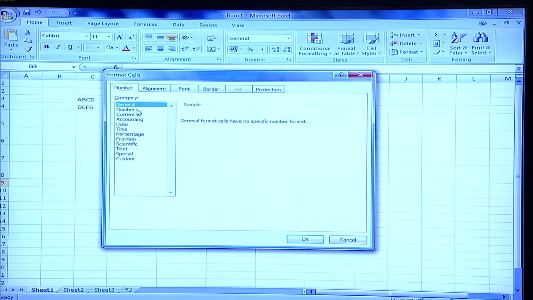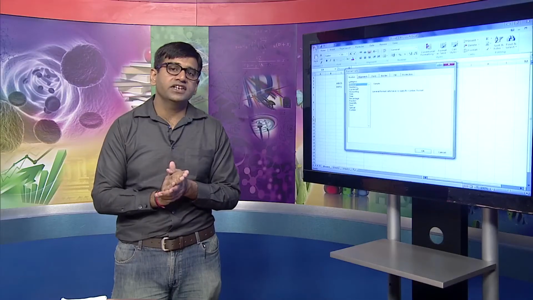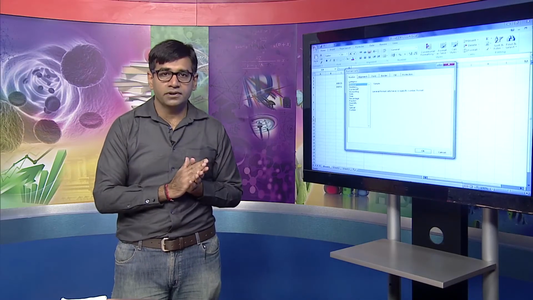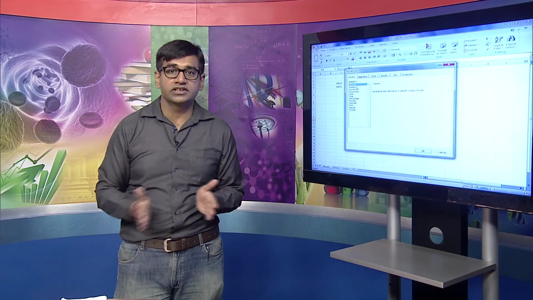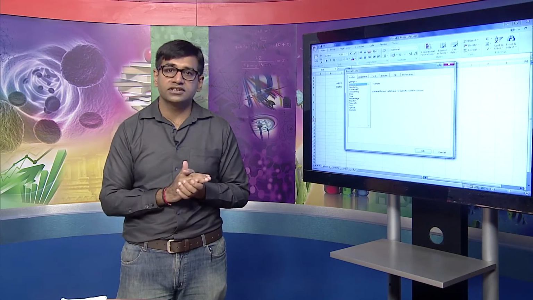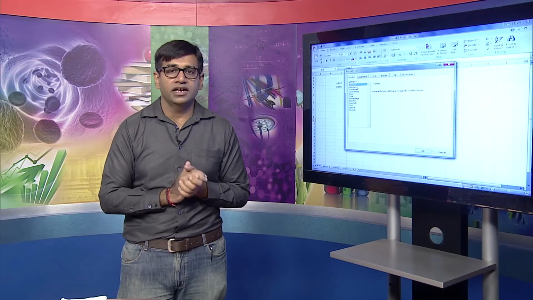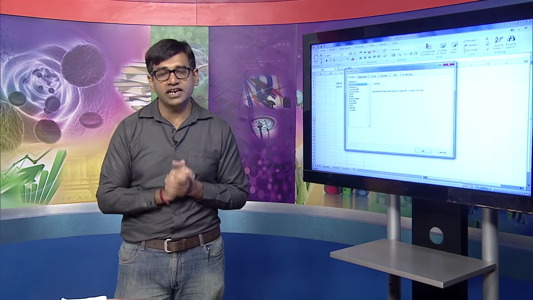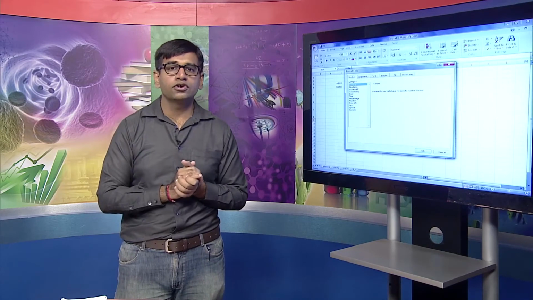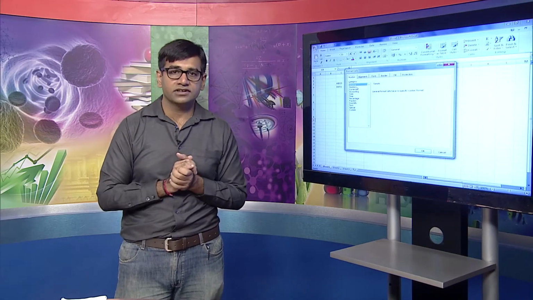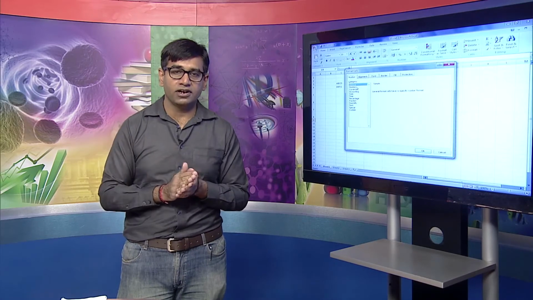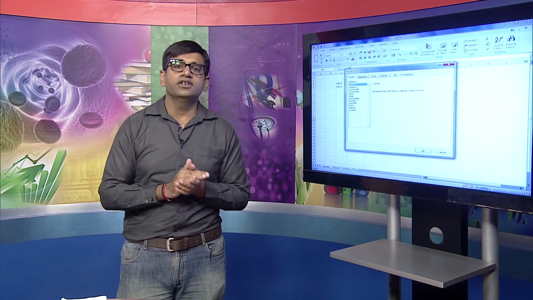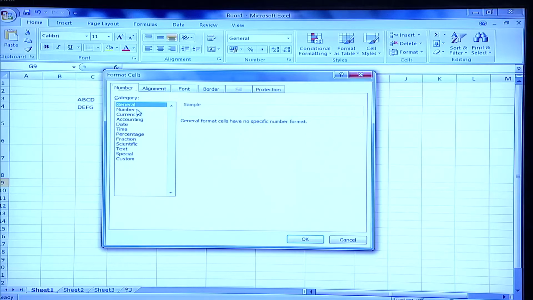So if you want to make use of those functions, then specifically only that data type should be captured in your worksheet so that those functions in the Microsoft library work properly. If you want to make use of some date functionality, for example, you want to use some date library functions, let's say add date or subtract date, or you want to move the date to the next month, all these functions and features are there in Microsoft, but you would like to keep your data set to that particular class.